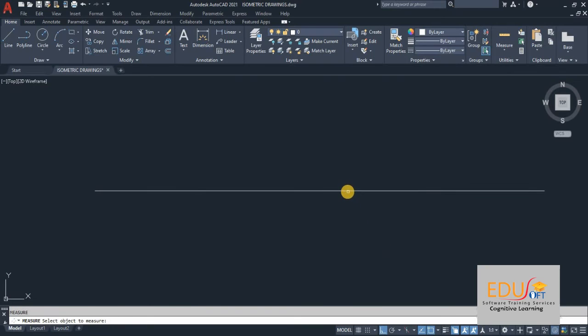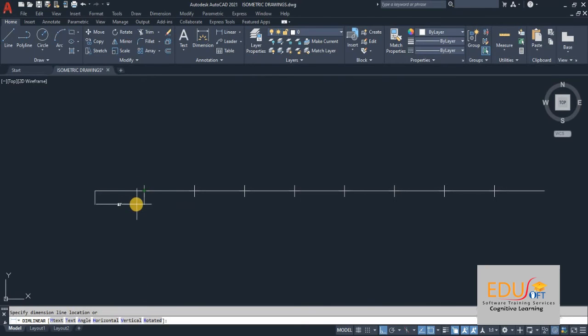This is the same as divide. Here, instead of the number of segments, the command is asking for the length of the segment. So 38 should be my length of the divided segment. I am giving 38.